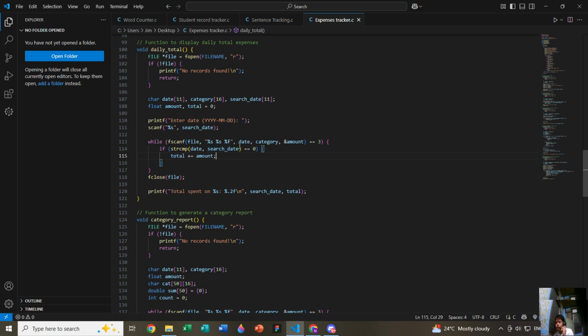Now why does it equal to 3? So basically this will ensure that scanf successfully reads the three values of the date, category, and amount. So that's basically it. Then close file.